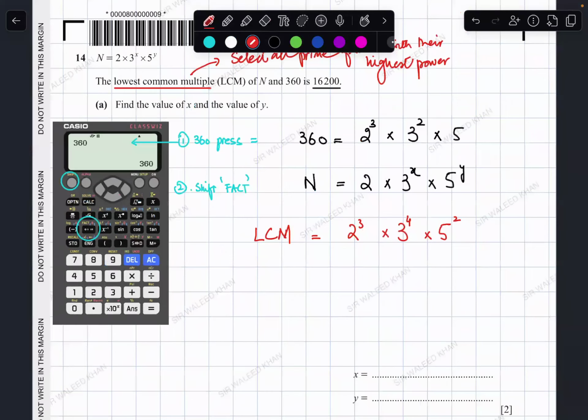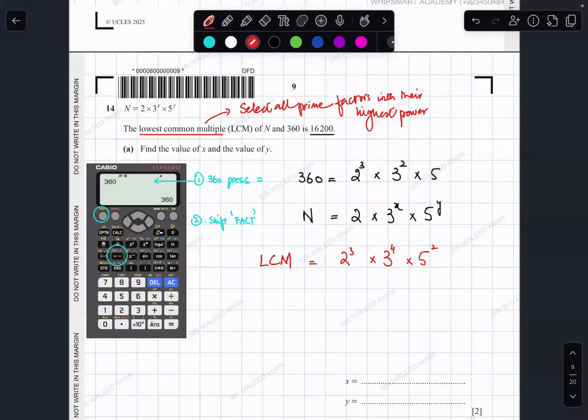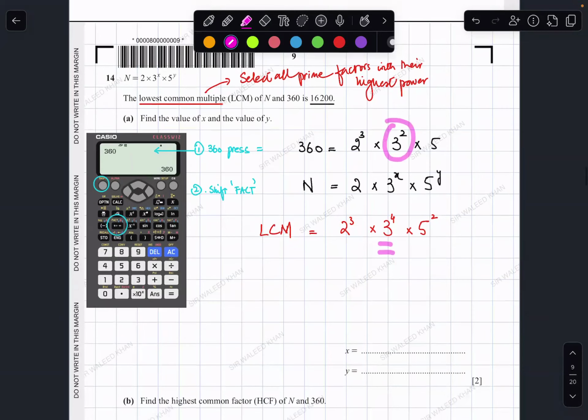you have to look at the statement. In the LCM, all the prime factors with their highest powers will be selected. So if 2 power 3 is selected for LCM, you can clearly see that the one with the highest power is this one. So that's why for LCM, it's selected as 2 power 3. Then for 3 power, LCM consists of 3 power 4 and 360 has a 3 power 2. So that means this value is equivalent to